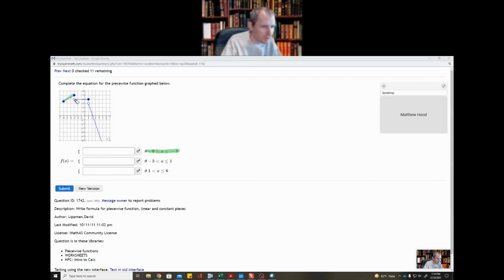When x is between -3 and 1, I'm going to have a different formula. And for x bigger than 1, which is this piece of the graph, I'm going to have this formula. So on each of these separate pieces, I'm going to find a formula that gives me that graph. These are all lines, so I'm going to be finding equations of lines. Okay, so for the green one,